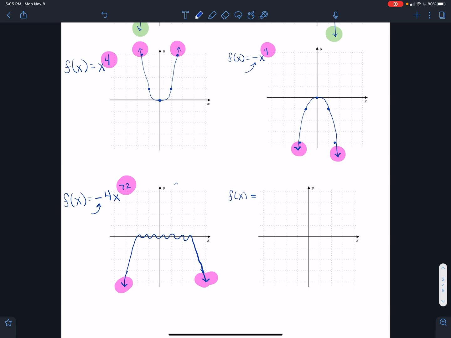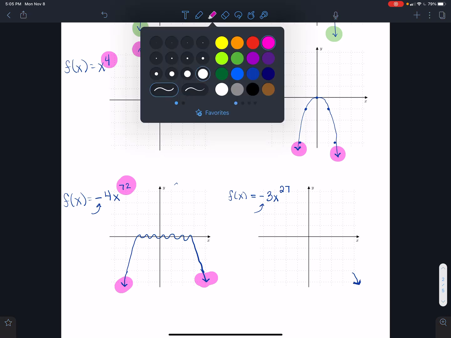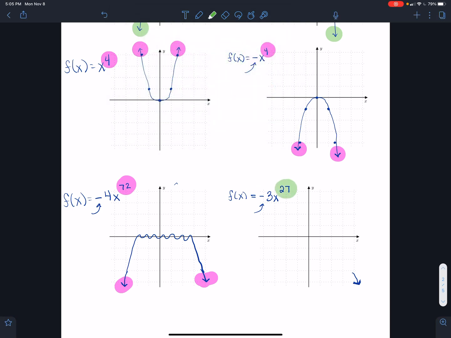Now, what if I said negative 3x to the 27th power? Okay. The leading coefficient is a negative, which means the right side of our graph is going to be negative because that's the ending side of our graph. It's going to be negative. And then the degree is an odd degree, which means that the ends are going to point opposite directions. Okay. Since 27 is an odd